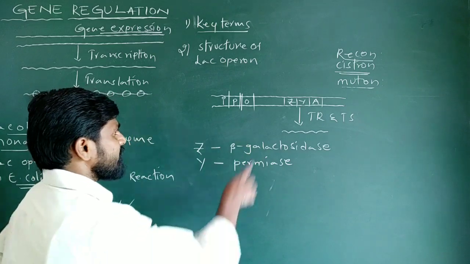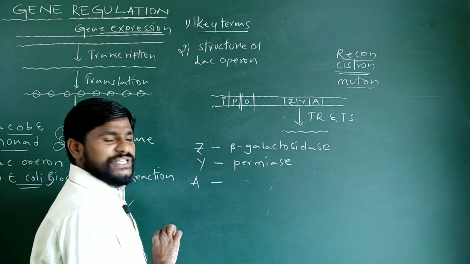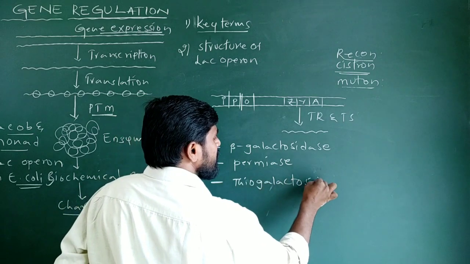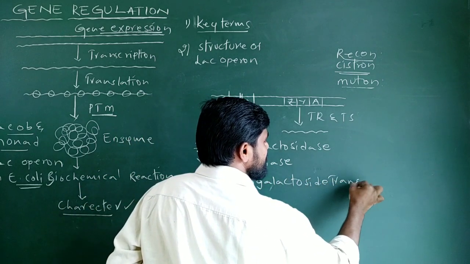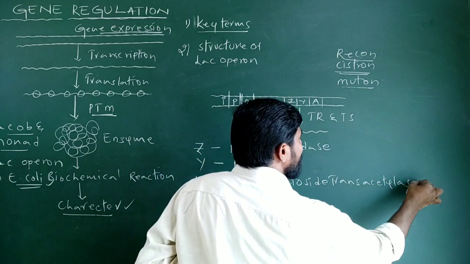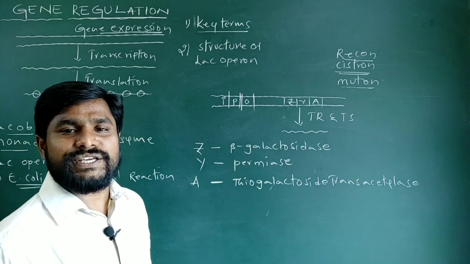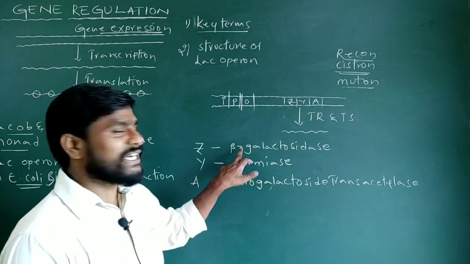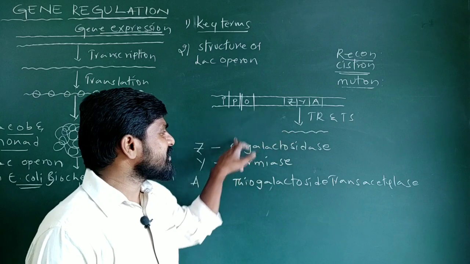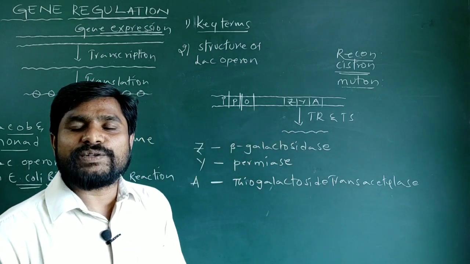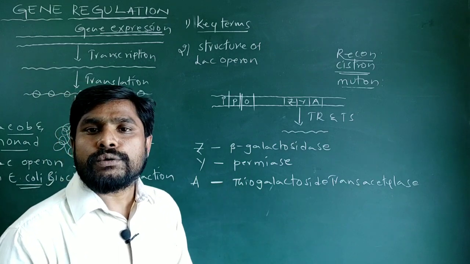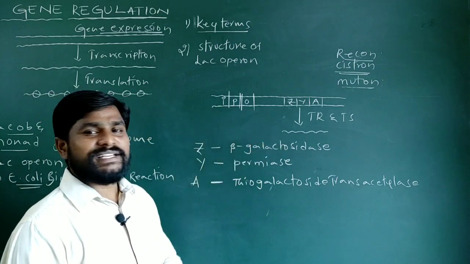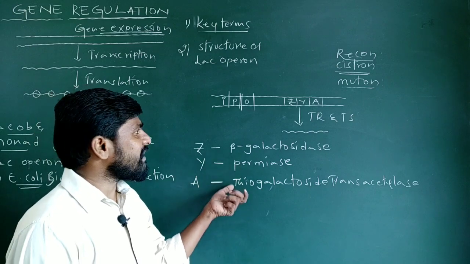the lactose. And the third one is the A gene, which is involved in the synthesis of an enzyme, thiogalactoside transacetylase. The function of this thiogalactoside transacetylase is to transfer the acetyl group from acetyl CoA to the lactosides, so that the beta galactosidase can recognize the lactose and act upon it to hydrolyze it into glucose and galactose. Along with beta galactosidase, there are two other types of enzymes synthesized during this